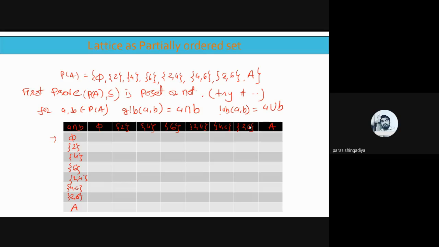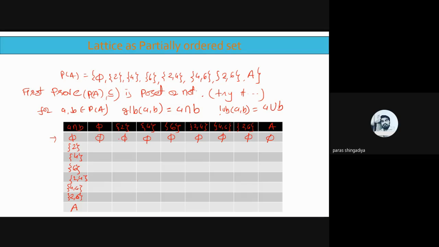ठीक है, सो 5 और 5 में common क्या है, that is a 5. Clear, it is a 5. And now 5 और 2 में कुछ भी common नहीं है, तो answer क्या आएगा, that is also 5. 5 और 4 में, ठीक है, 5 intersection 4, that is also 5. Clear, 5 with 2, 4, there is no any common, so answer is a 5. That is a 5, 5. 5 और A में common क्या है, that is a 5. Okay, no any common value.